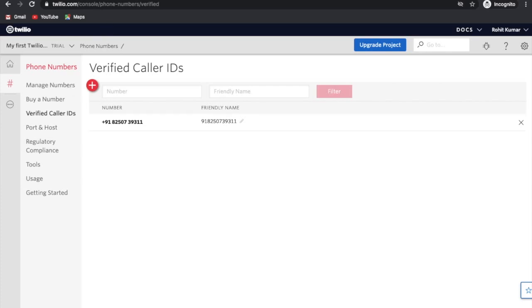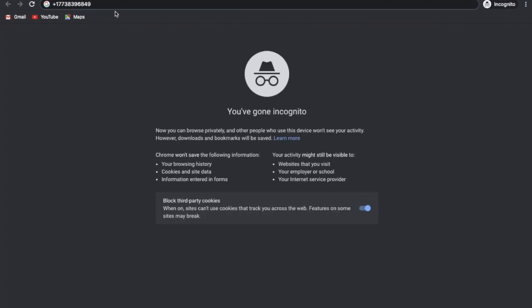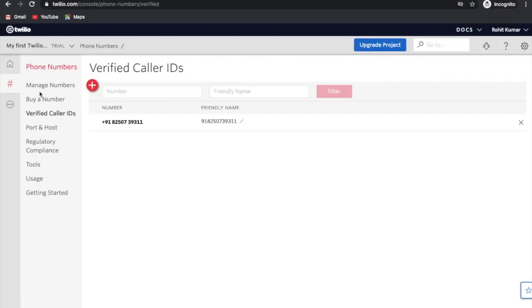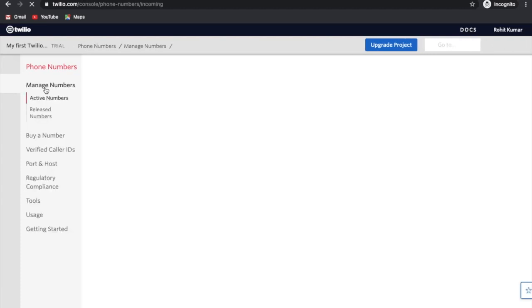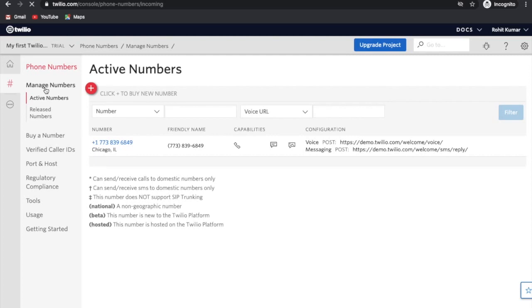So I have a verified number, this number, and I chose the trial. I got a trial account number, the trial number is this one. Those are the two steps, and I can see this managed phone number. That phone number is available, right? So that is done. The next step is that you have to configure your API.